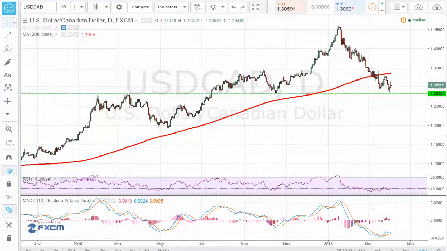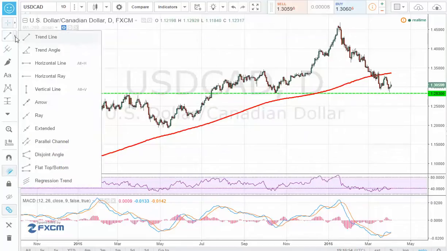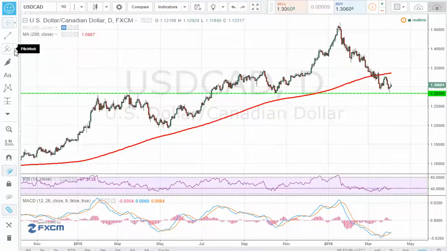Exactly 1 month ago I was looking at the US dollar Canadian dollar, and you can find that analysis on our website www.tradingfloorfx.com. Why I'm looking again at this currency pair is because we are looking now at this moment at the support area. As you can see here, in more or less the same period of last year, we had